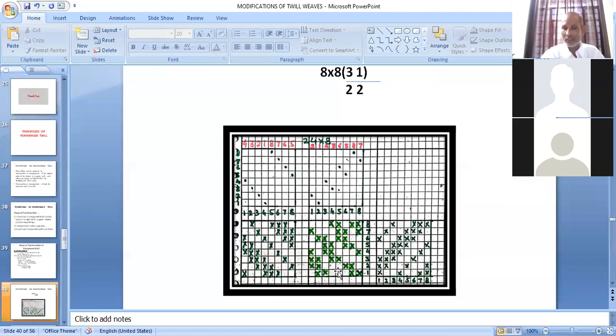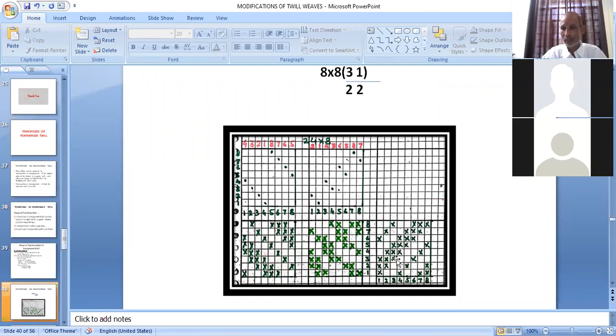Meaning every specification should be the same. The order should be 3 up, 2 down, 1 up, 2 down interlacing order. The design should be constructed in 8 cross 8 with group size 2. Only then it is known as Mayo or Campbell. Sometimes in the examination, it may be asked to construct a Mayo or Campbell twill, Campbell weave. In that case, all these things will not be given. Neither the size will be given, nor will the interlacing order be given.